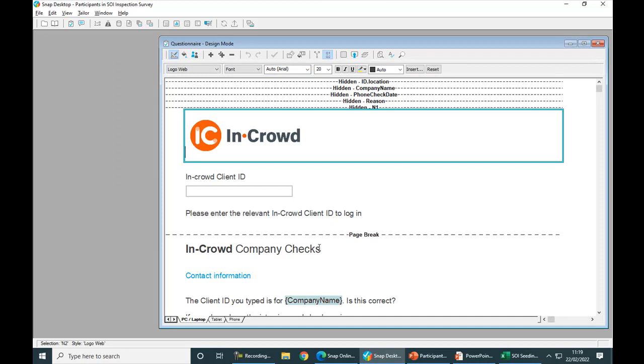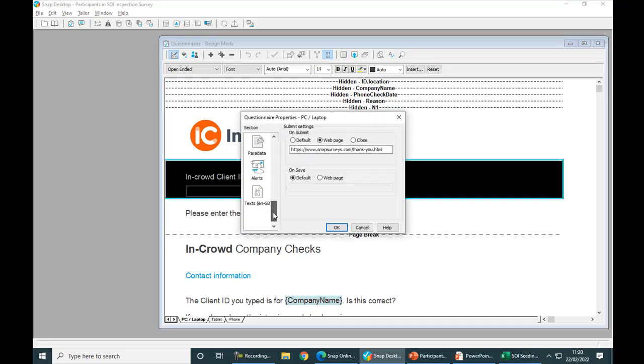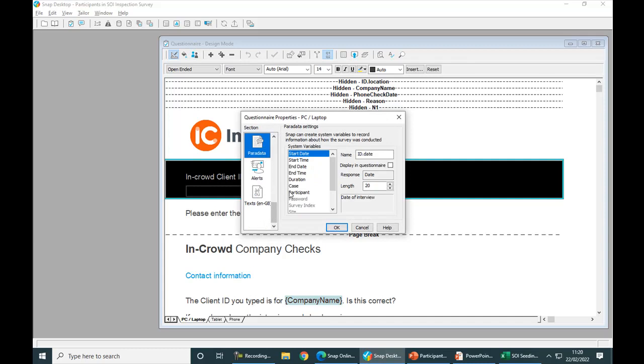My example survey today is taking the scenario that a set of interviewers are required to visit offices or businesses to make an inspection. So I've got a number of different inspectors who've each got their own list of properties to visit. You can see I have my client ID question, and this is the unique participant ID which links back to my spreadsheet and pulls through any relevant data. And this has been displayed today by going into questionnaire properties and coming down to power data, and I have participant and I've displayed that in the questionnaire.